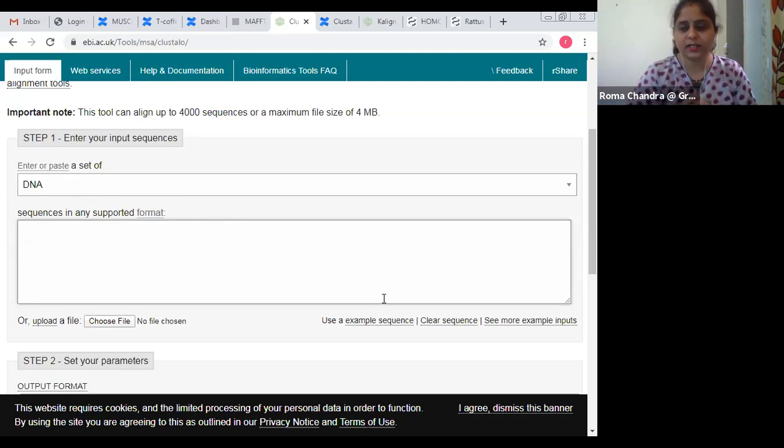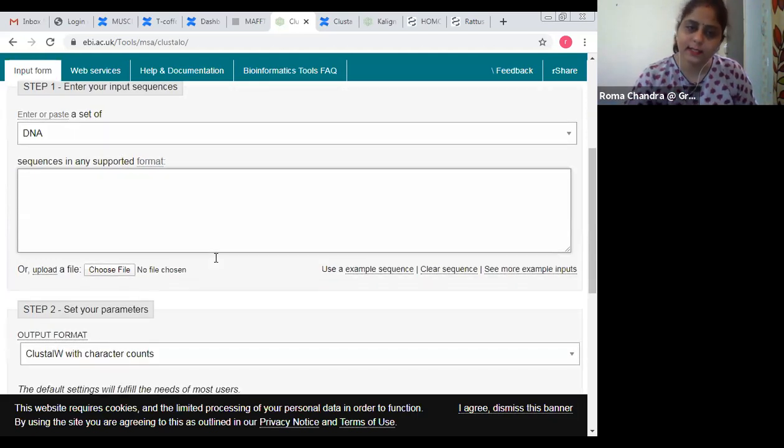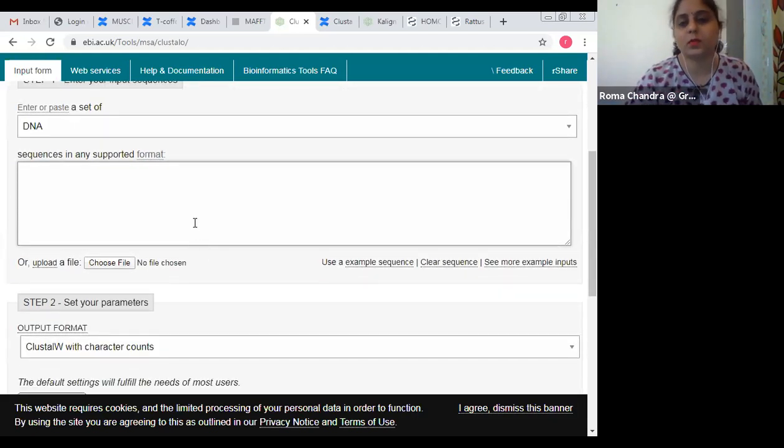So what I need to do is extract these sequences for them. Okay, so I have these sequences for those species. What I can do is simply paste the sequences here. Or the second thing is I can paste the sequences on Notepad, make a file and upload the file. So I have both the options, pasting the sequences and uploading the file.